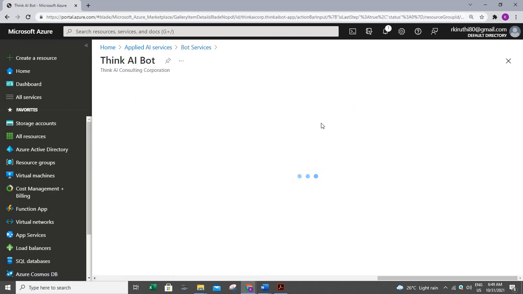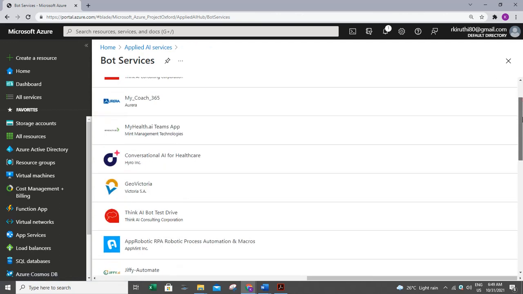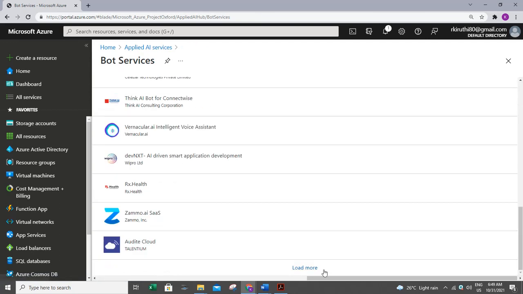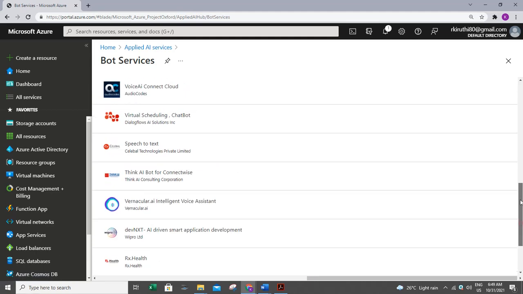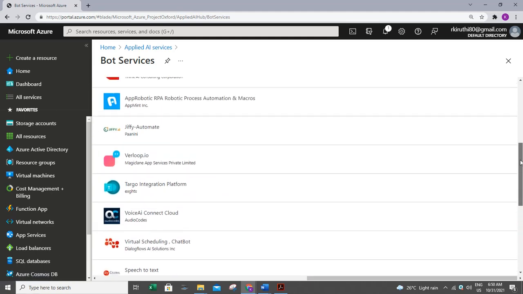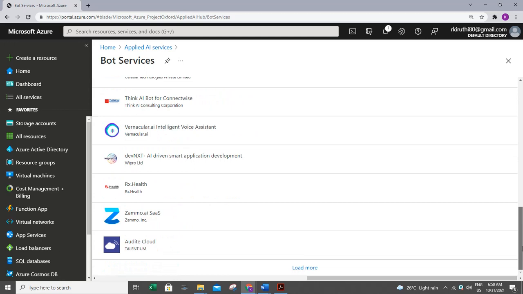There are so many third-party bot services available here. You can see in the marketplace very popular bot services are available. So we can create our own Azure native bot service.